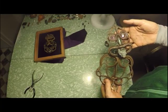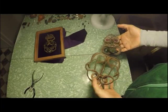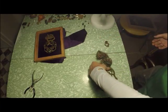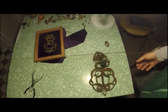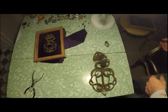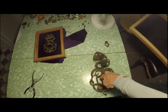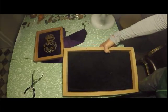You have to be in the mood for it, that's for sure. I'll get some of the other ones. I'll put this in a box. It might be alright sitting there. I probably should have the camera zoomed in a bit closer. I've got another frame for them. Let's put that